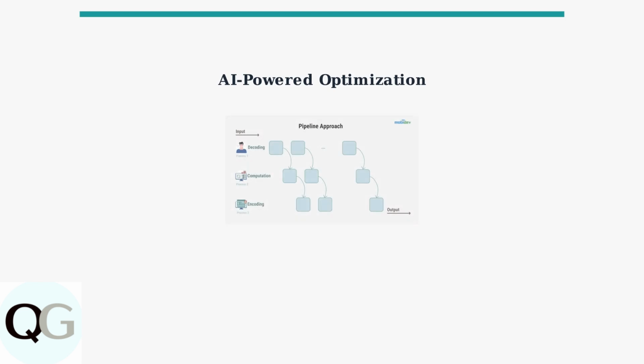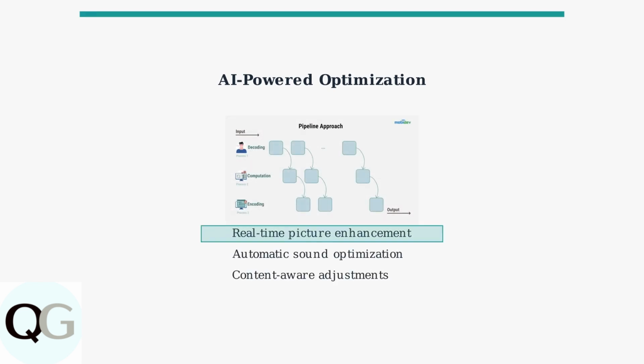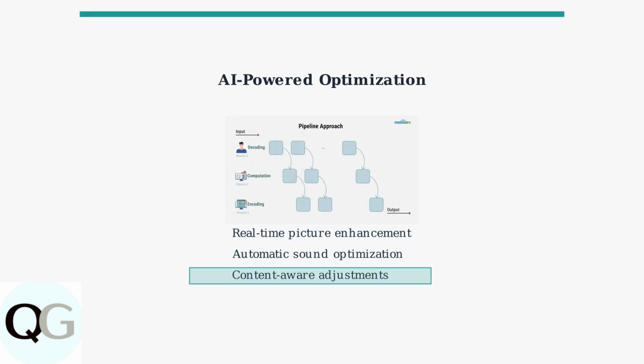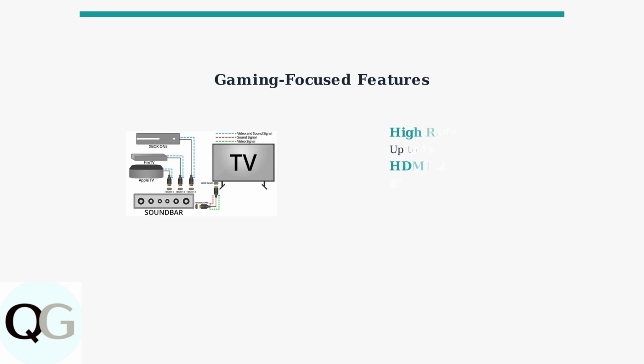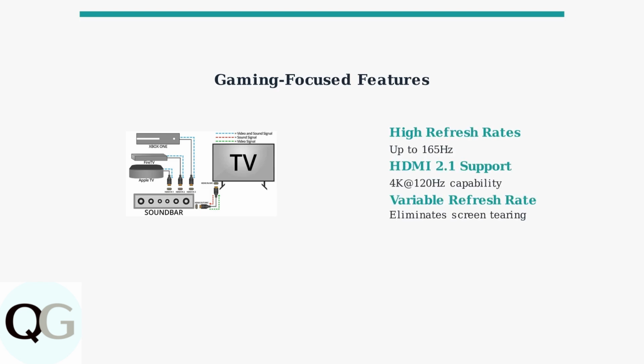Artificial intelligence is now integrated into Hisense TVs to automatically optimize both picture and sound quality in real time. This smart processing adapts to your content and viewing environment for the best possible experience. Gaming performance is a key focus for Hisense TVs. Modern models feature high refresh rates up to 165 Hz, HDMI 2.1 support, and variable refresh rate technology for smooth,